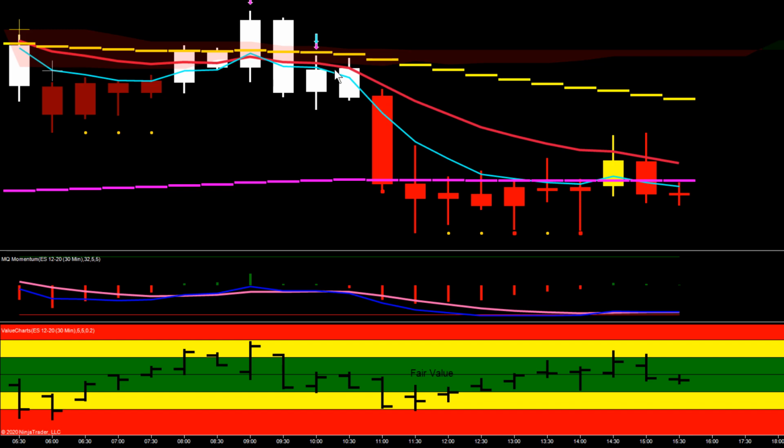The 5 and 13 had crossed to the downside, and then this bar triggered to the downside, and the ES made a pretty big push to the downside. Actually broke under the 200 and made a little close just under the 200. Didn't stay. We know the 200 and the 50 EMAs are significant support and resistance zones on these charts. Pushed back above it, ended up closing below it. Pushed back above it a little bit, closed below it again, pushed back above it yet again, closed below it,